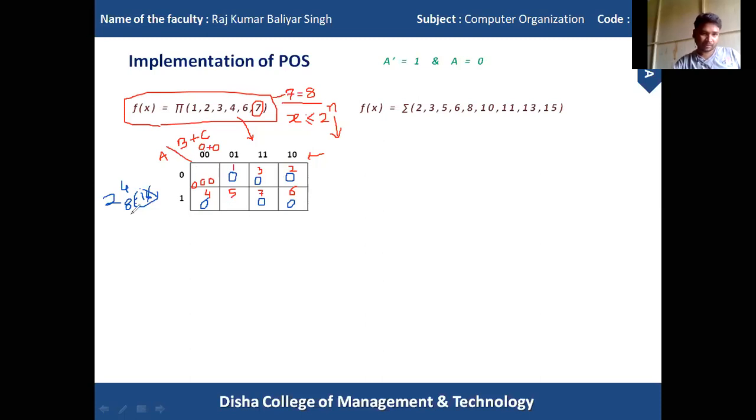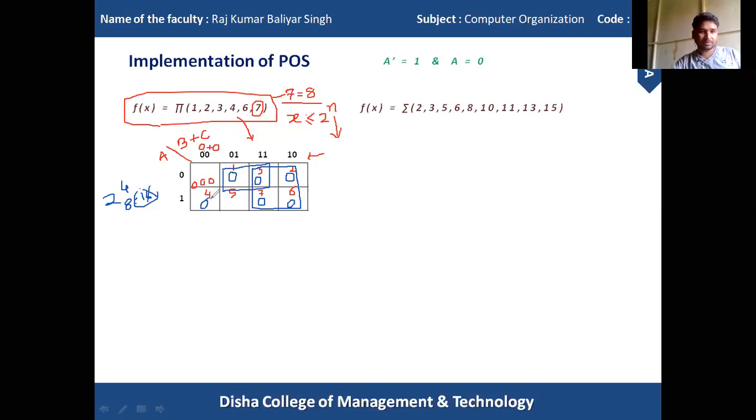Then next is 4. So check whether the 4 adjacent cells can be combined or not. Yes, the 4 adjacent cells can be combined, this one. These cells can be combined into a single unit, right? Then next is 2, these two remaining. Whether 2 adjacent cells can be combined or not. Yes, it is possible, these 2 cells can be combined.